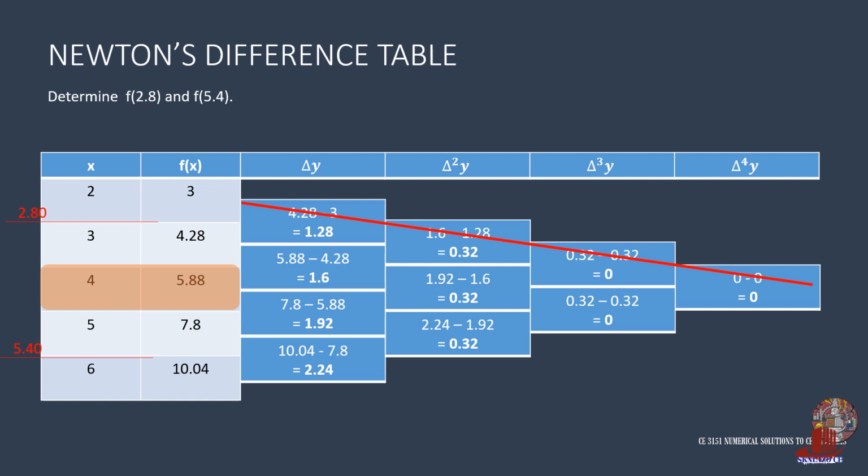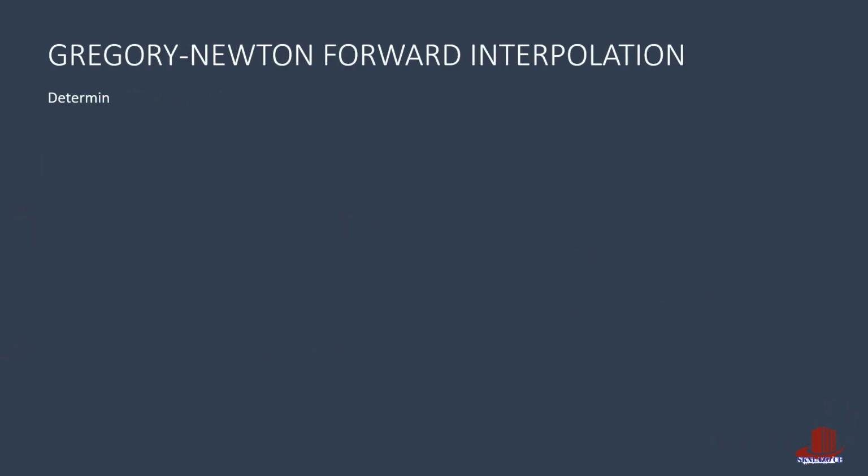5.4 on the other hand falls within the second half, so the coefficients to be used in the formula later are those from the leading backward differences. Now let's focus on solving for f of 2.8. We have identified that to solve this, we are to use Gregory-Newton's forward interpolation, the formula of which is the